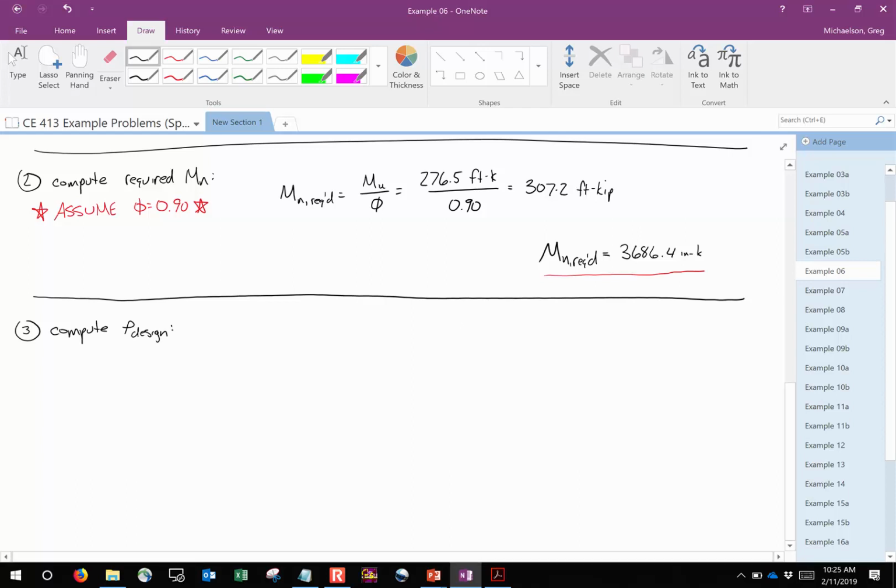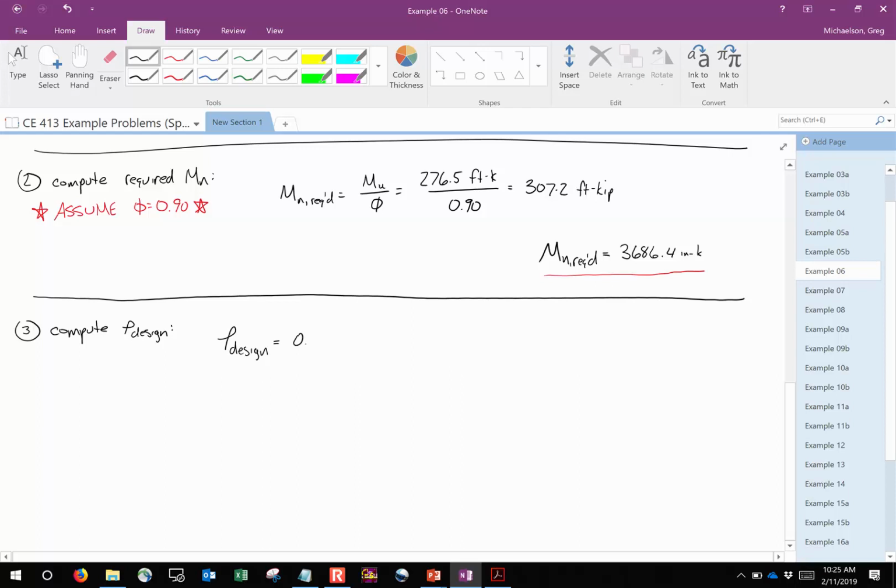So we're going to compute a rho value for the purposes of design, so a reinforcement ratio. Now remember, reinforcement ratios can be small, and that's okay. They're going to be small numbers, okay? And remember, you can be real scientific about your rho values, but for the purposes of this problem, we're just going to keep it simple. So we're going to use a rho value